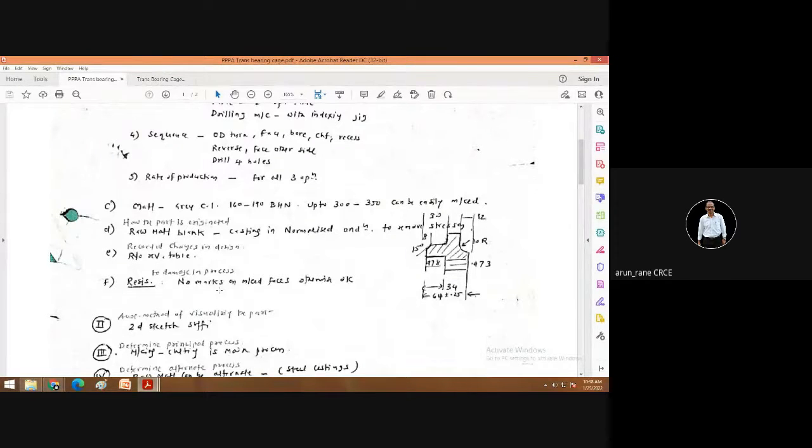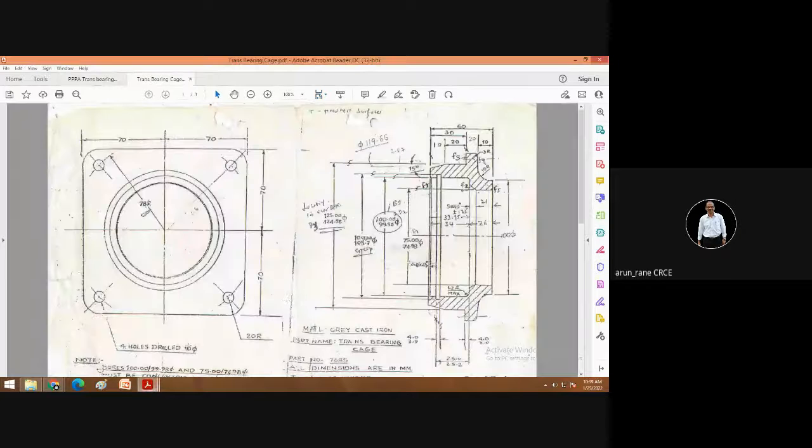Of course you will write here that you have to take care so that there are no marks on the machined faces, because the bores are important. They are done to 0.02. The tolerance here is 0.02. So that means when it is close tolerance, you also have to preserve the surface finish properly.